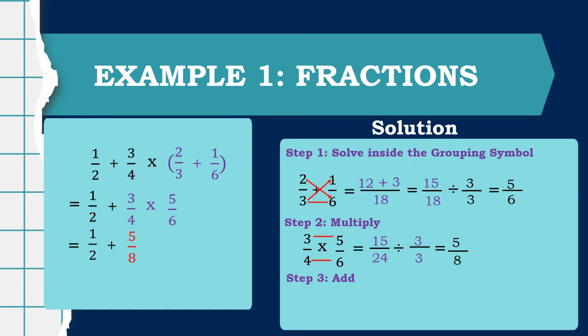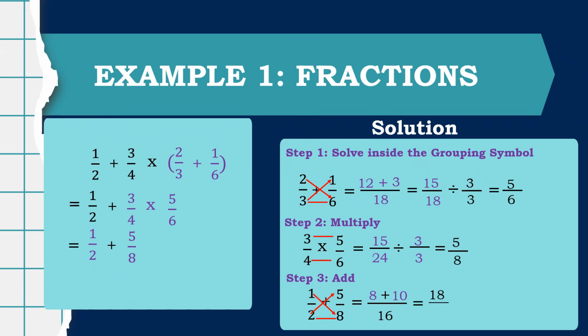And lastly, we're going to add the fractions. So 1/2 plus 5/8. Same thing with step 1. Our fractions are dissimilar fractions. So we're going to use the cross product method. So we are going to multiply 1 and 8 and the answer is equal to 8. We multiply 2 and 5 and the answer is equal to 10. And lastly, we're going to multiply 2 and 8 and the answer is equal to 16. And then, add the numerators. 8 plus 10 is equal to 18. Copy the denominator 16. So our answer is 18 over 16.